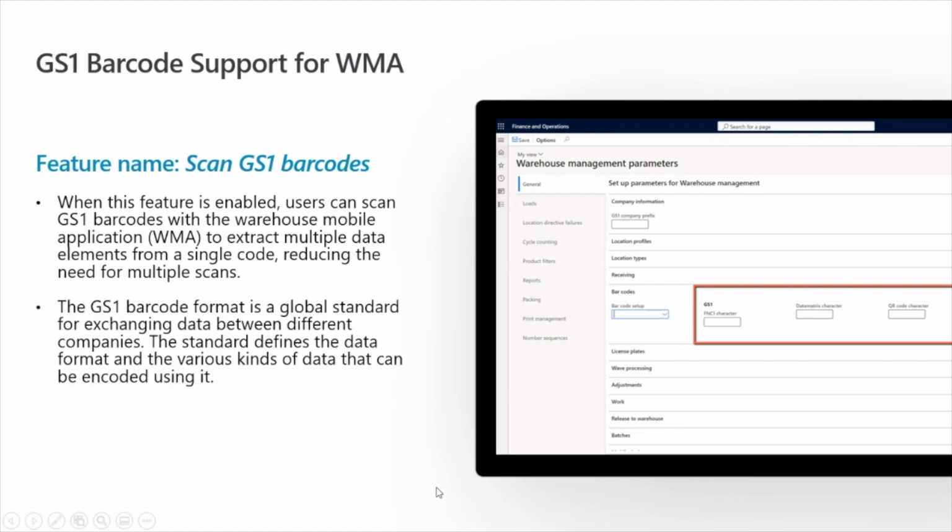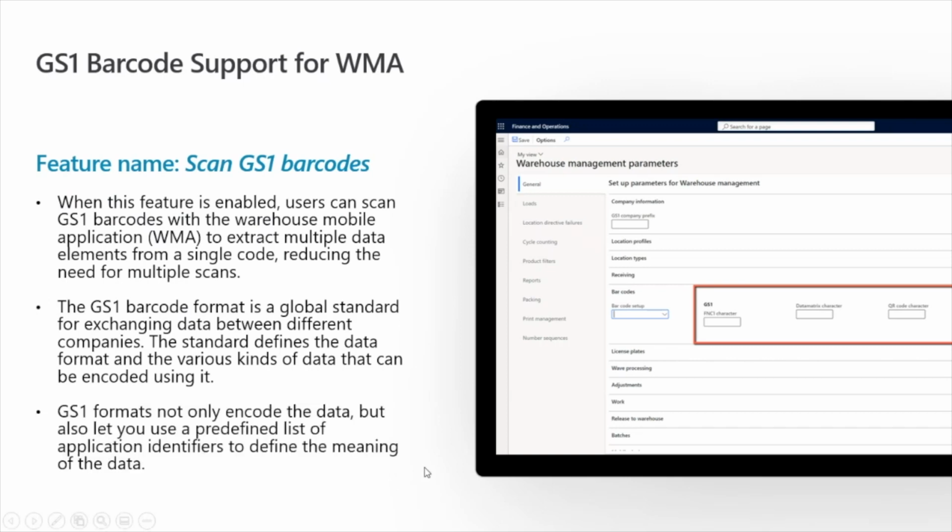So that GS1 format is actually a global standard for exchanging data. So the standard defines the format and the kinds of data that can be encoded in the barcode. So they not only encode data, but they let you use the predefined list of application identifiers to define the meaning of the data.